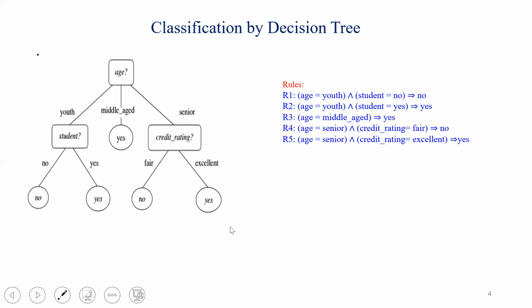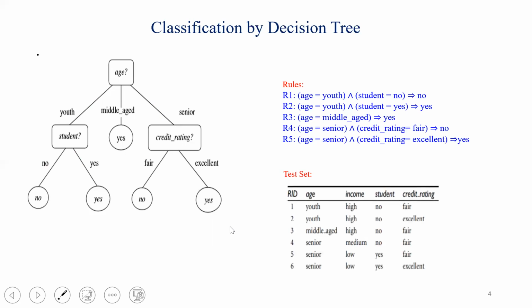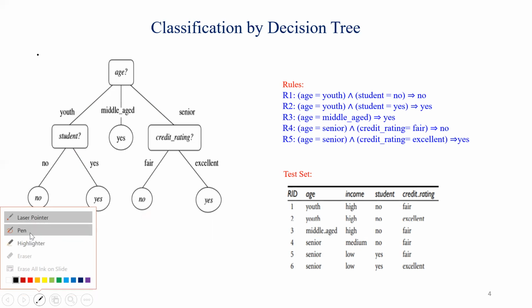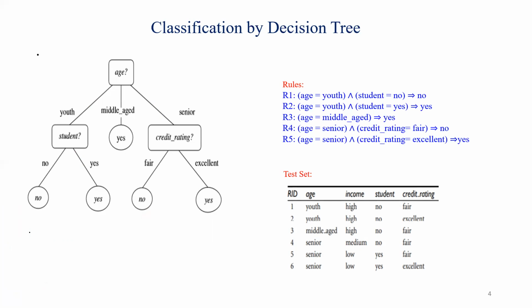So once the rules are retrieved from the decision tree, we can classify the unknown test examples by using the constructed rules. So let us consider a test set here. Here we have a set of 6 unlabeled test examples. We can label them. What is the first example? Age is equal to youth. Age is equal to youth in the sense you can consider rule 1 and rule 2. And in rule 1 and rule 2, we only focus on student. So we need not go for the remaining attributes here.